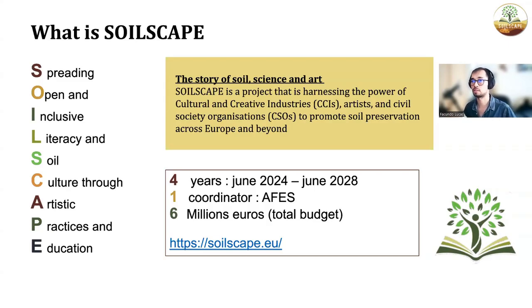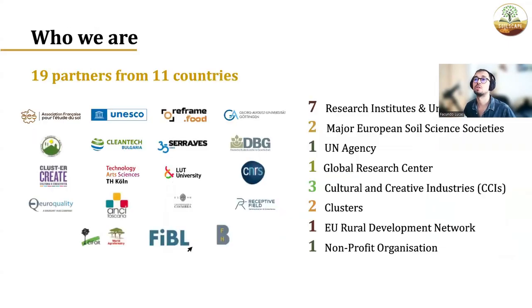It is planned to last 4 years. It's coordinated by AFES and has a budget of a total of 6 million euro. For more information, you can visit our website, soilscape.eu. There are 19 partners of 11 countries, the ones that you can see on the screen. So there is a very wide collaboration of different